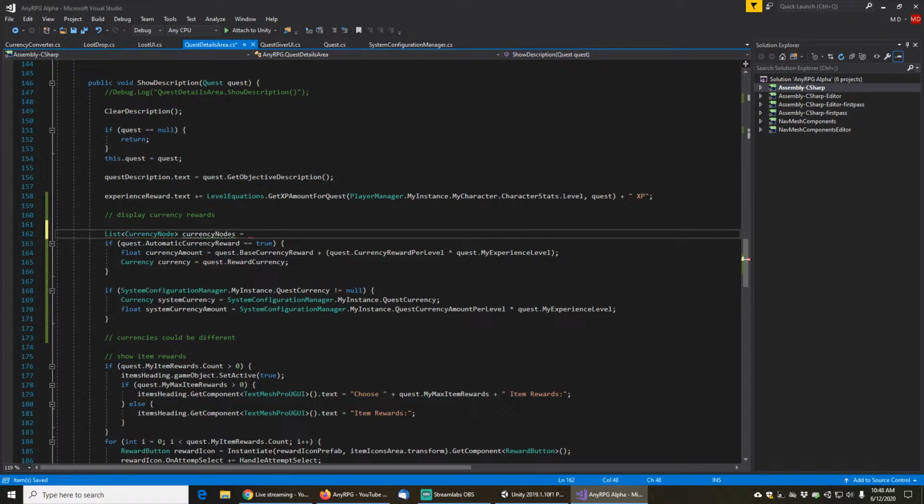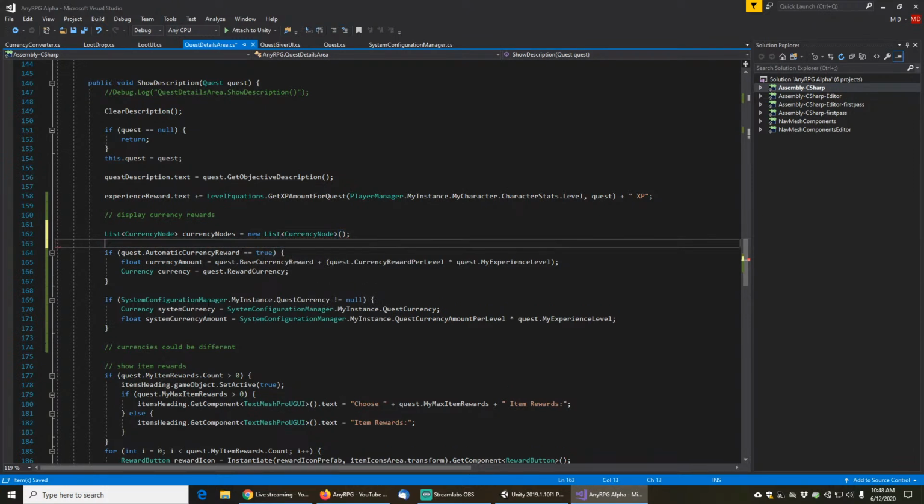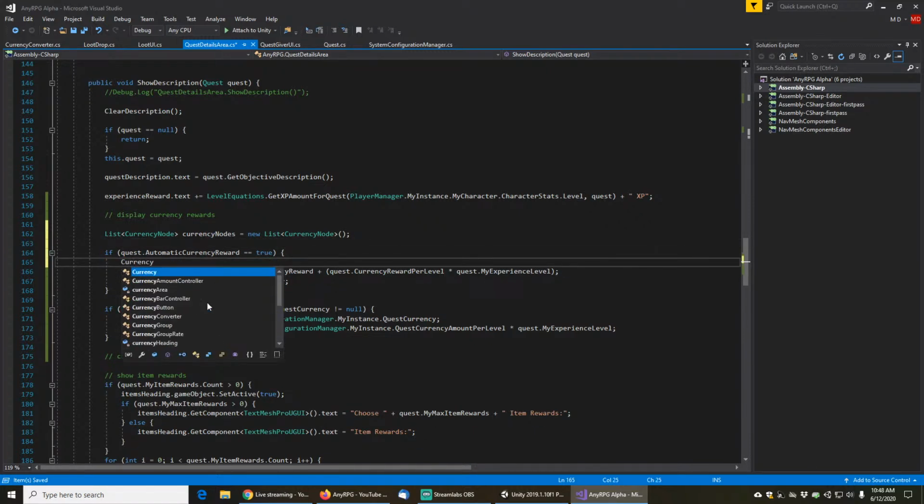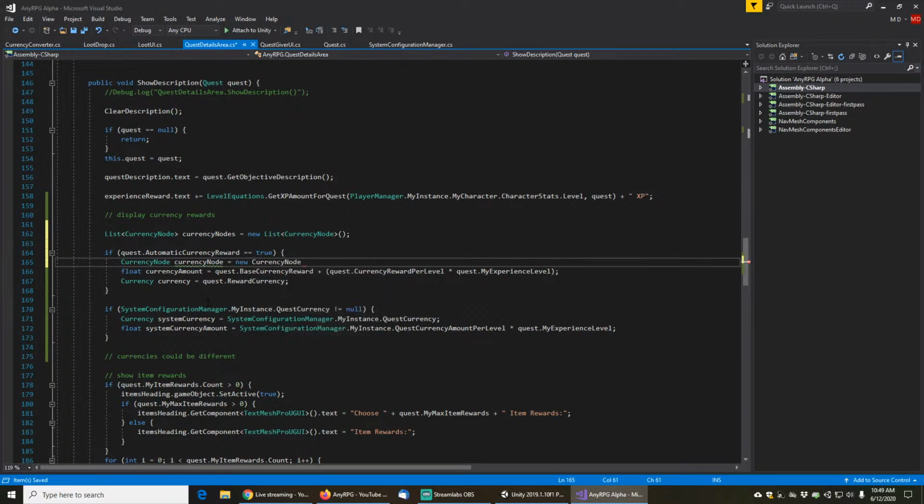Currency nodes equals new list of currency node. And here we will make a currency node equals new currency node,